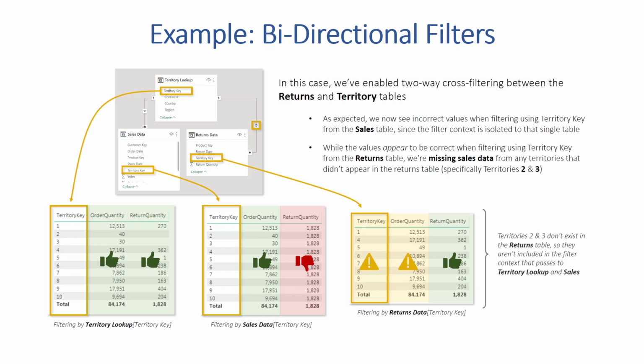So territory 2 and 3 don't exist in the return table, so we are not including them in the filter context that passes to the territory lookup and the sales, as we discussed, right? So let's come to the